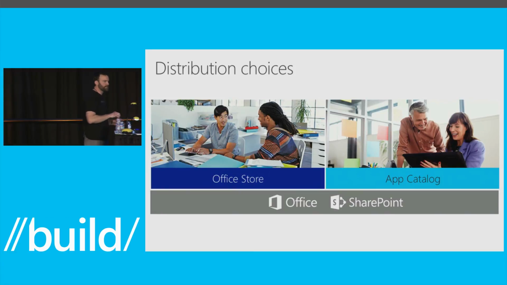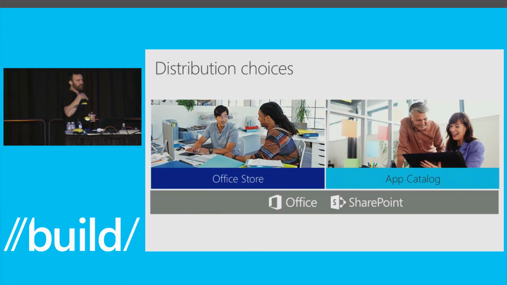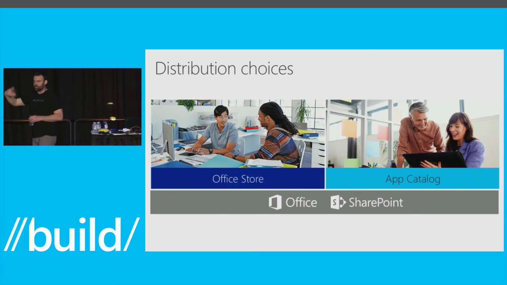And also to make it really easy to get new things out. If you want to get one of those apps out to users, there's an app catalog that just runs in SharePoint. It's a single list. You can put a manifest for any app you want to deploy, just throw it into that list, and now every user that has a rich client in your organization is going to see that app as well. So there's one single distribution mechanism, and you can decide if you want to completely lock it down, which we hope doesn't happen, or you can have it wide open, and you have that visibility, so you can be a little more comfortable with having it wide open.